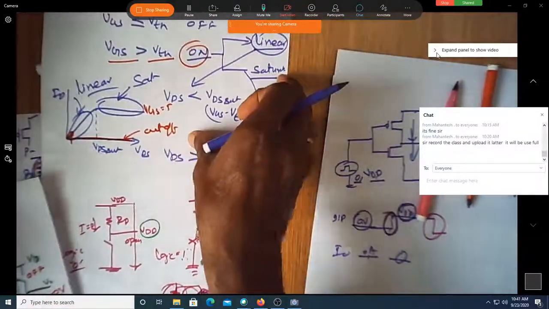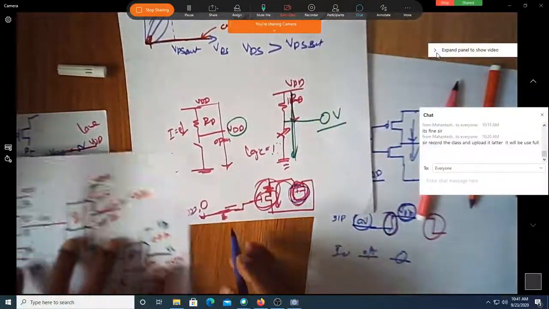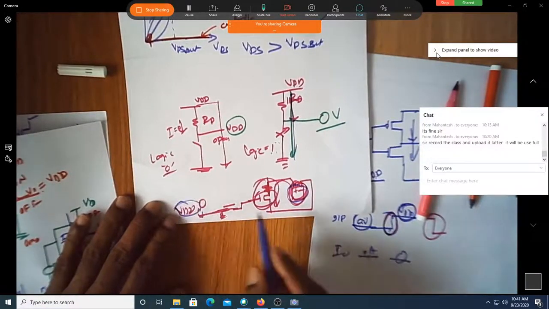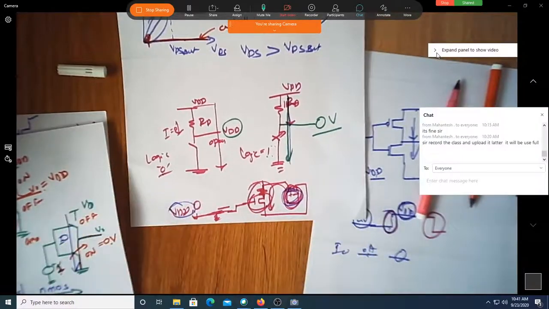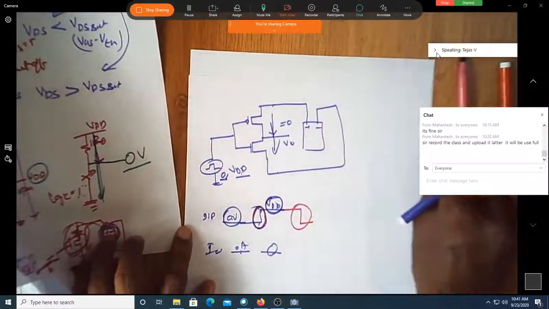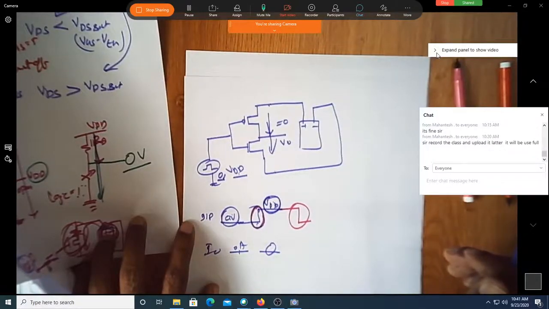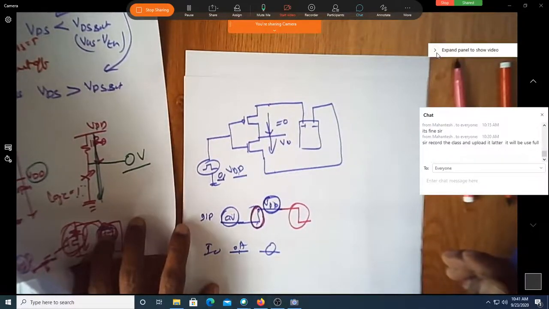What was happening in this earlier battery? When logic was 0, this was fine. When the logic was 1, can you see this battery was fully dissipating? Yes, sir. Now what will happen here in this particular case? Does this battery last long? Yes, sir. What do you mean by last long?